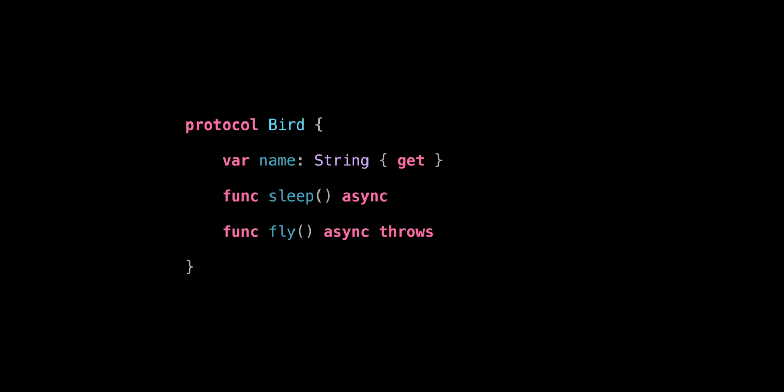In most cases, it's a good thing that any type can conform to any protocol. But in some situations, you actually want to limit that to only reference types, such as classes. That comes in handy when you need to make sure that your objects use reference semantics. For situations like this, you can restrict the scope of your protocol. You do that by putting this AnyObject constraint after a colon. That's what I'm gonna do with my protocol, because the Bird instance should be passed by reference.